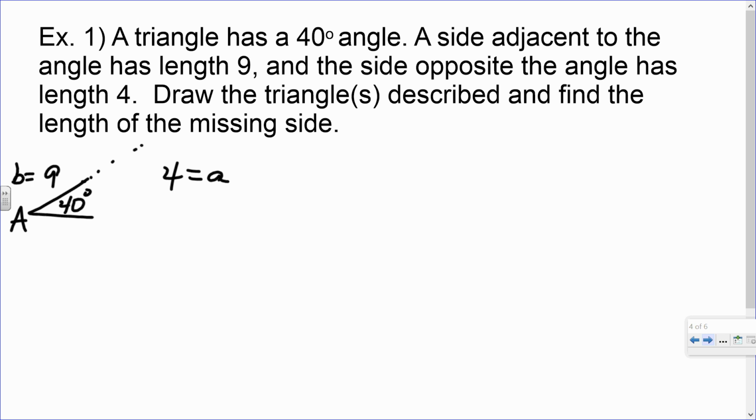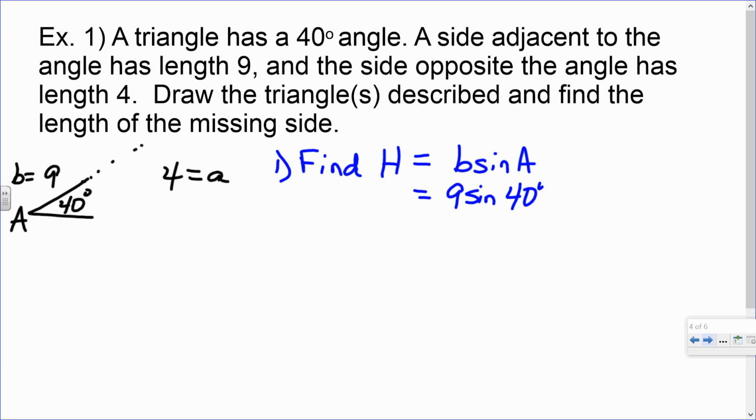And this 9 is what we are going to call side B. Step 1, we learned, is to find the height of the triangle if we have a right triangle in there. And we realized that it was always going to be B sine A. It's going to be that adjacent side times the sine of the known angle. So 9 sine 40 degrees. Punching that in on our calculator, we get about